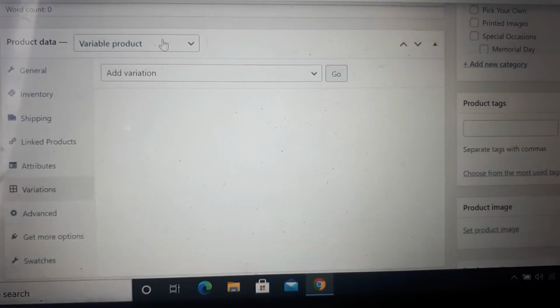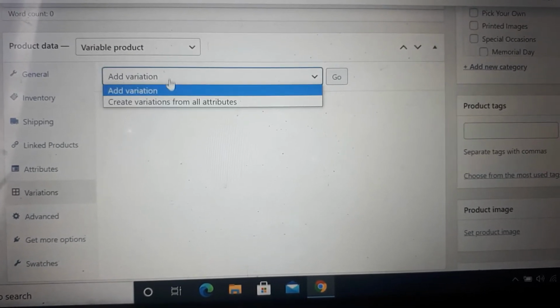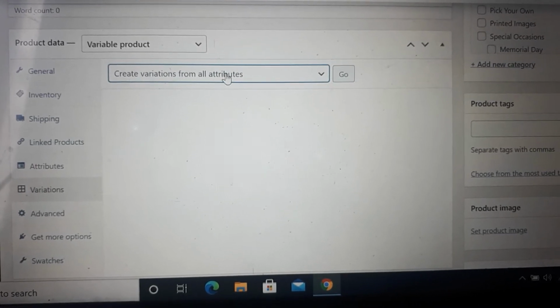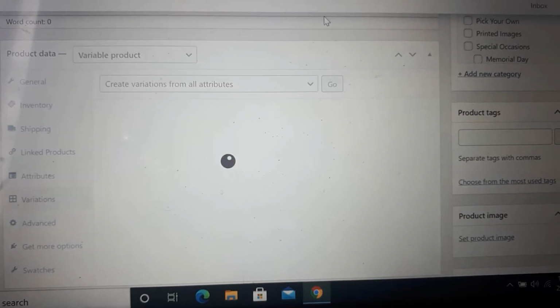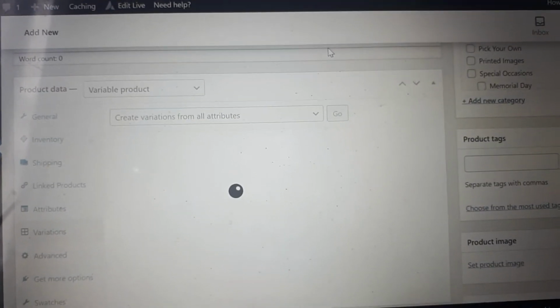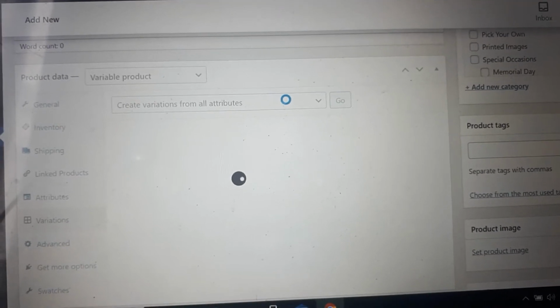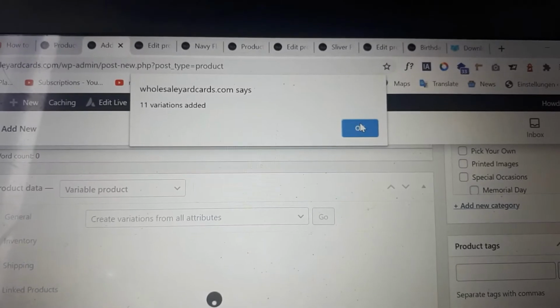After clicking on variants, you need to add all variants of the product. Create all variants from all attributes. After clicking on this, all the variants will be added. Now 11 variants are added.